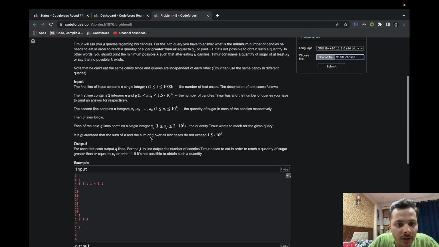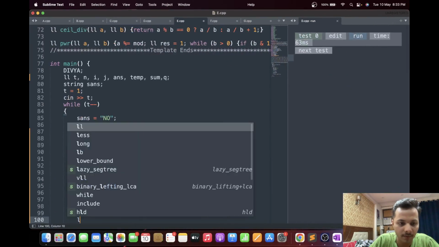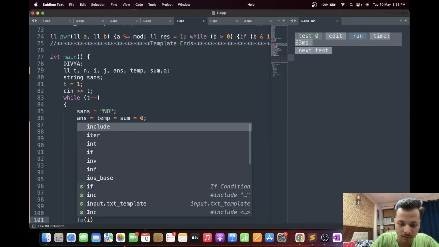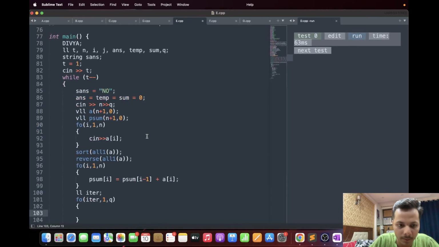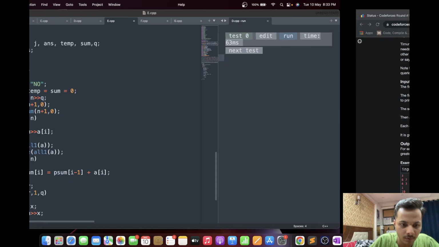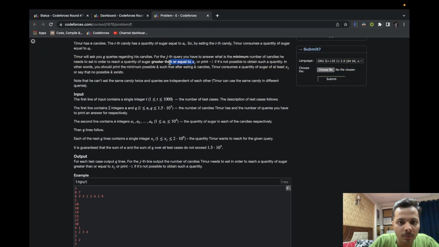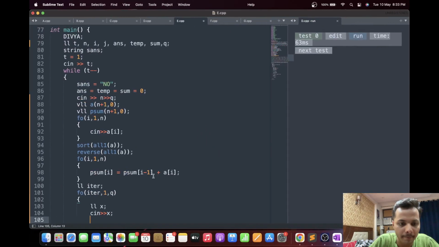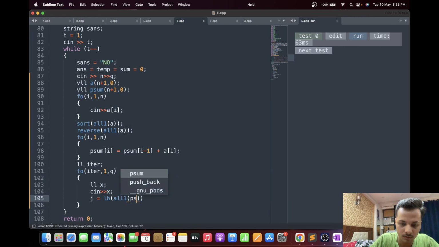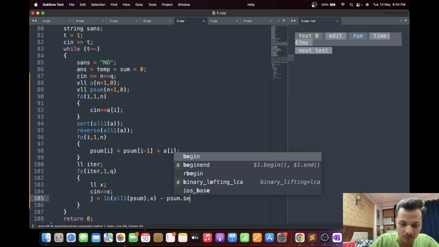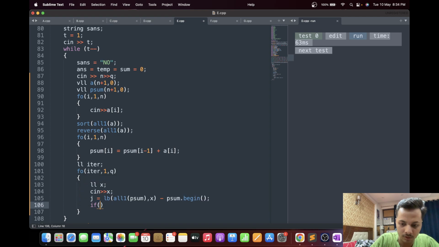Alright, so now we have q queries. In each query we just have a number x. So we have to print greater than or equal to x. Okay, so we just have to find the lower bound. So if j is equal to n plus 1, then answer is -1, else answer is j.